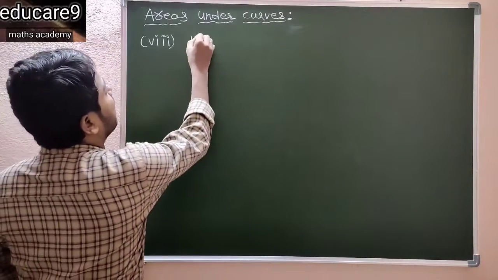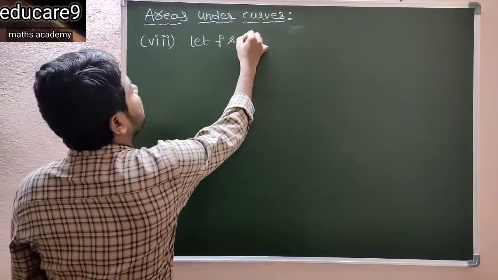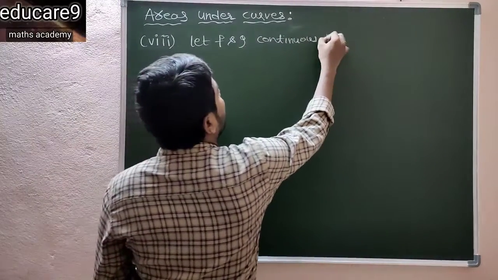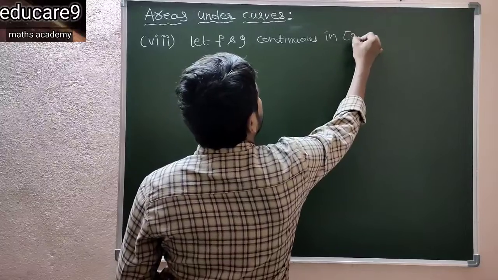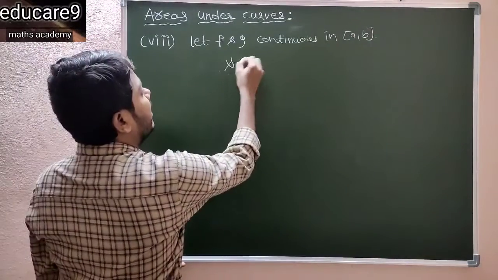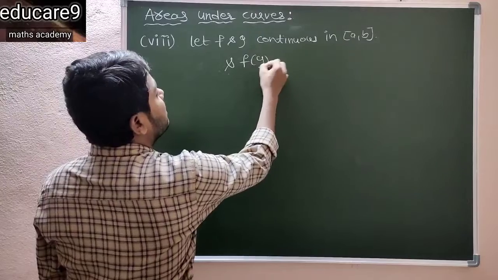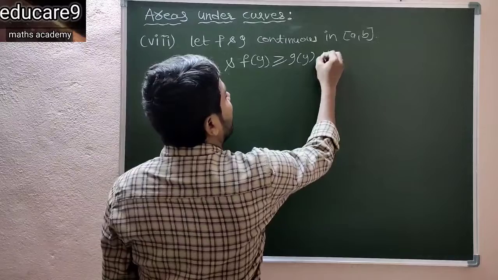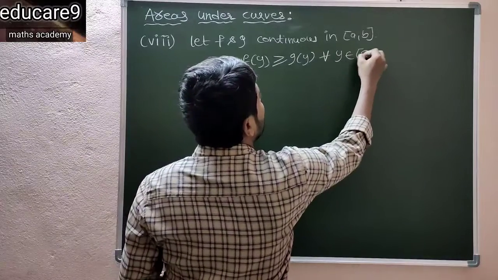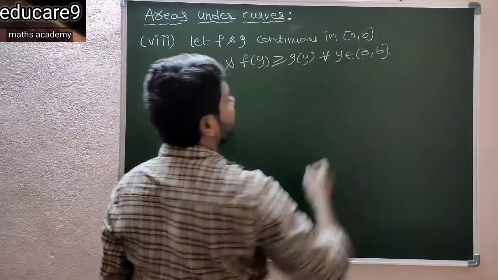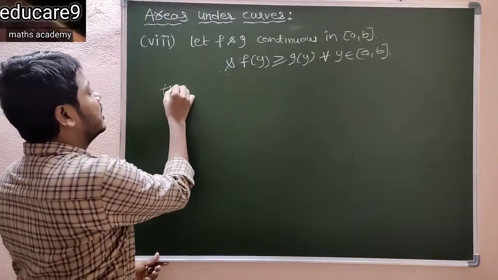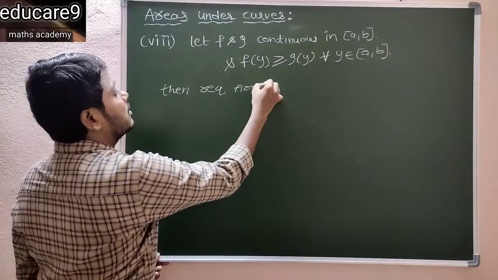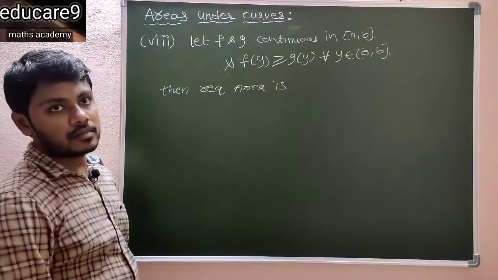So see the eighth one. Let f and g be continuous in the interval [a, b], and f of y is greater than or equal to g of y for all y belongs to closed interval [a, b]. So then the required area is, so here